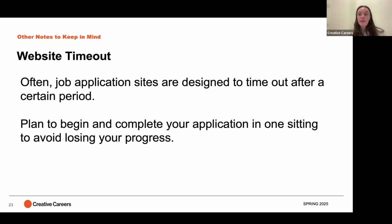So I would really recommend planning to begin and complete your application in one sitting. And ideally, again, preparing a lot of those materials in advance so that once you're ready to begin the application, you can quickly run through, add in all of your information and click submit before you start to get that timeout notification. What we want to avoid doing is losing our progress, starting the application, getting 75% of the way,